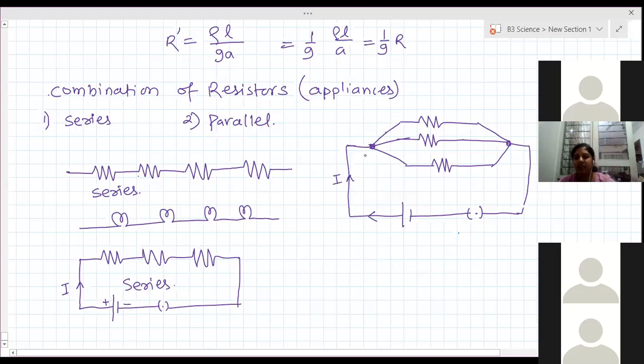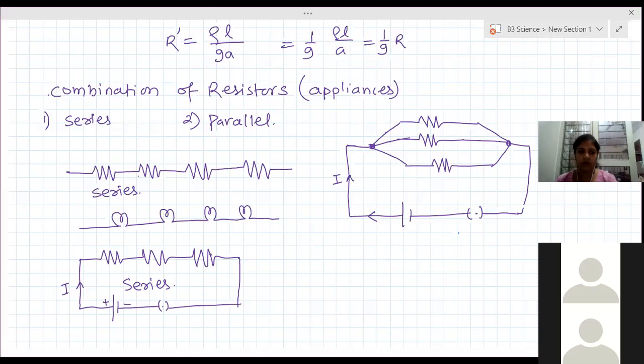Take an example of water. In the first case, suppose this is a tank and the water starts flowing through this pipeline and there is an obstruction. So the amount of water flowing through all the three things will remain the same or will be changing? In this case, the amount of water coming out of the tank will be the same through these three houses or will be different? It will be the same. Same.